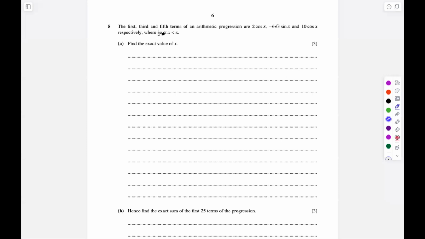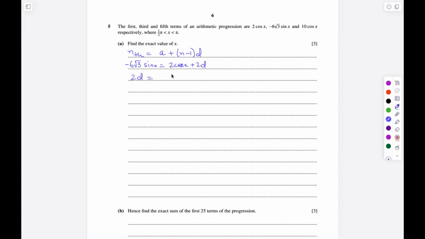In question 5, the first, third, and fifth term of an AP are 2 cos x, minus 6 root 3 sin x and then 10 cos x respectively, where x is greater than half pi and less than pi. In part A, we have to find the exact value of x. So the nth term formula for an AP is given by a plus n minus 1 into d. As the third term is minus 6 root 3 sin x, we can write this as minus 6 root 3 sin x will be equal to a, which is 2 cos x, plus n minus 1. So as n is 3, this will become plus 2d, making